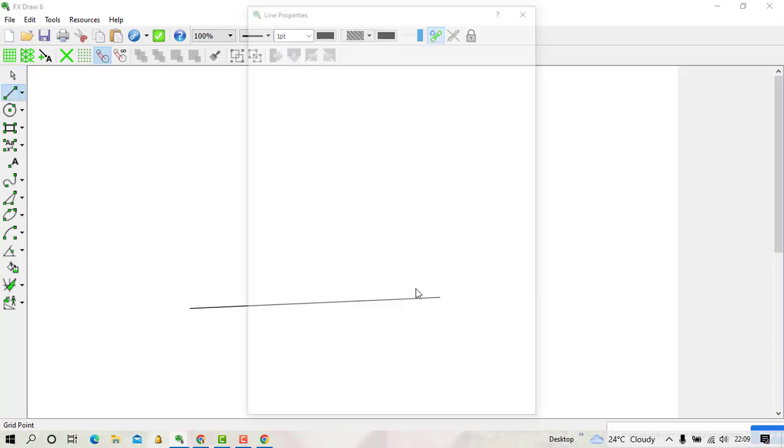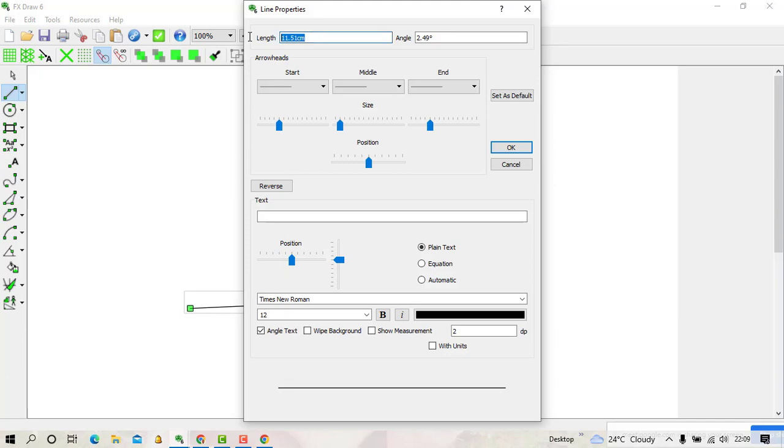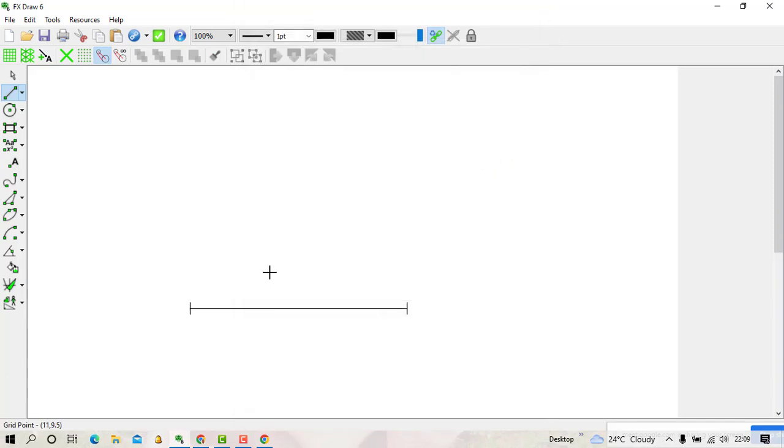First, I measure the length, which is 10. I make this one 0, and then I have the start arrowhead and the end arrowhead, like that. So for 30, I start by 60, like that, and then at the same point I have the 30.